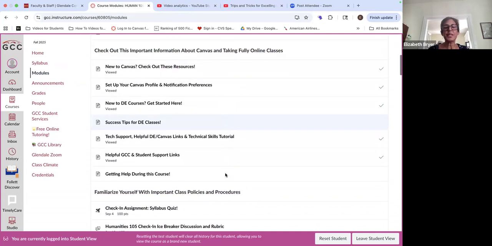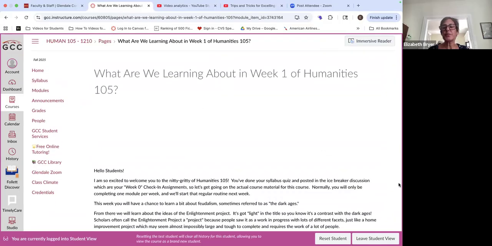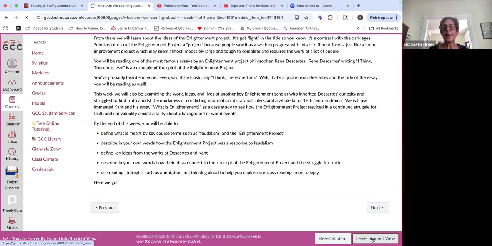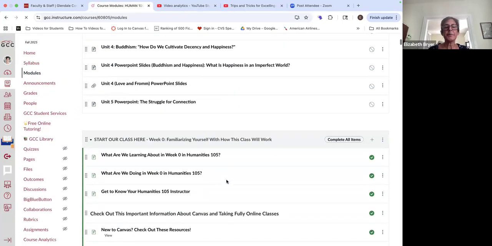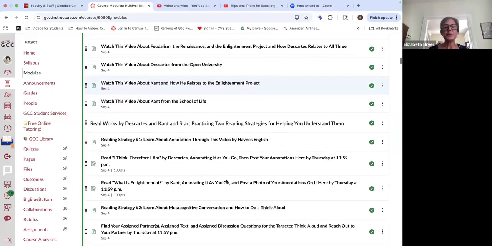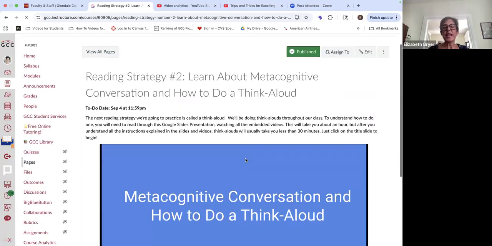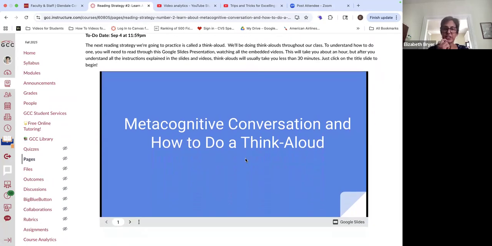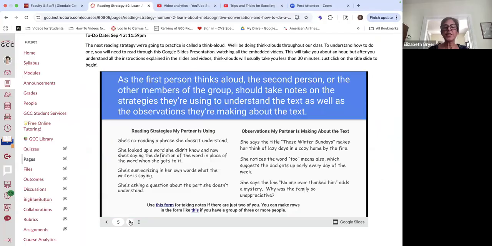Another really important thing this week is we are going to be talking a lot about different reading strategies in this class. This week, one of the reading strategies we're going to talk about is annotations, but we're also going to be talking about something called a think aloud, and you're going to be doing a think aloud with a partner. It's really important that when you get to this slideshow about metacognitive conversation and how to do a think aloud, you allow yourself about an hour to go through it, watch all the videos, read all the text,